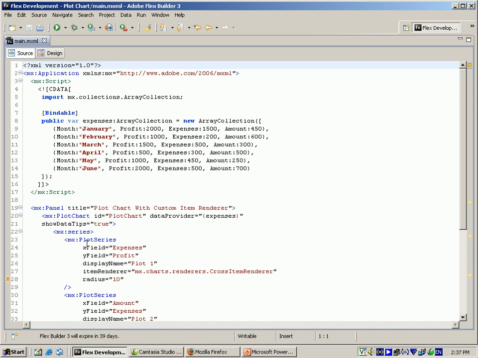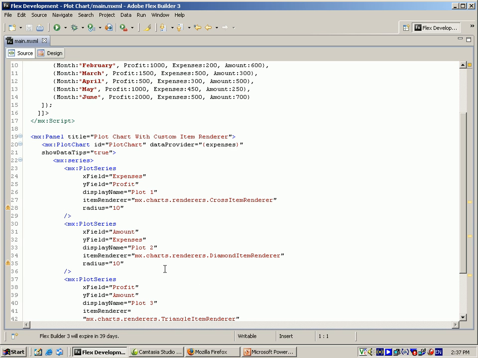For the series, I use the PlotSeries tag, and I am giving xField as expenses and yField as profit, with displayName as plot1, and for the itemRenderer I am giving mx.charts.renderers.CrossItemRenderer. Like that I am giving another PlotSeries, which has xField as amount and yField as expenses, displayName as plot2, and here also I am giving the itemRenderer as